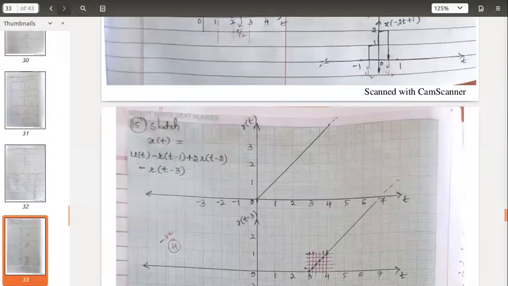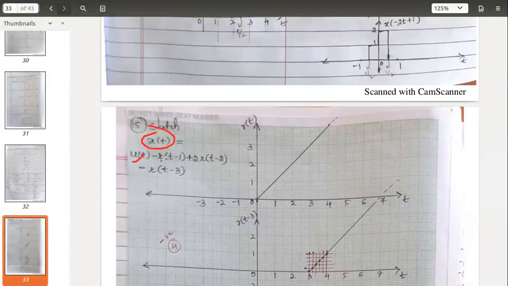This is an important one. Let me take this. The question is, sketch x of t equals u of t minus r of t minus 1 plus 2 r of t minus 2 minus r of t minus 3. So totally how many signals are there? There are 1, 2, 3, 4. Four signals are there. You need to draw them and add them. I am using the word addition, but if you observe the question, you have a minus sign. So whenever a negative comes, I will subtract the amplitude.